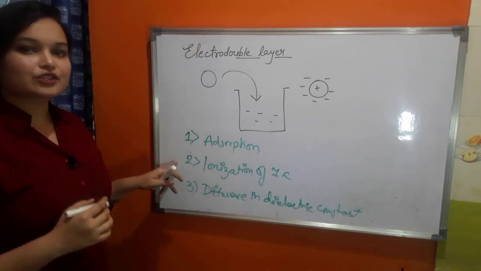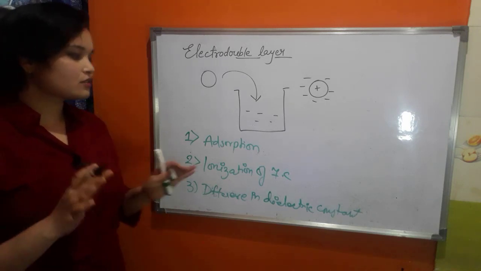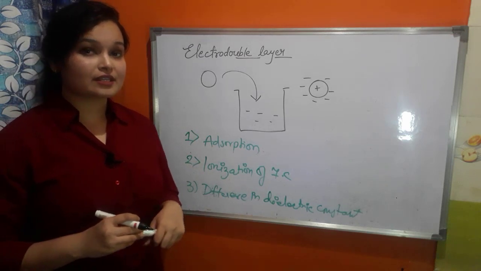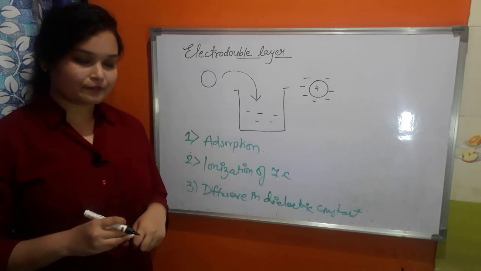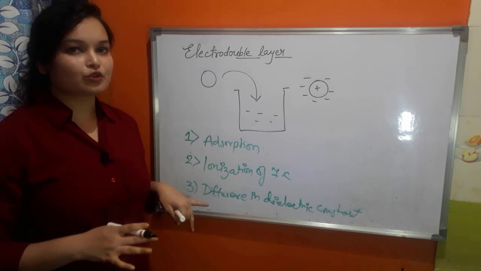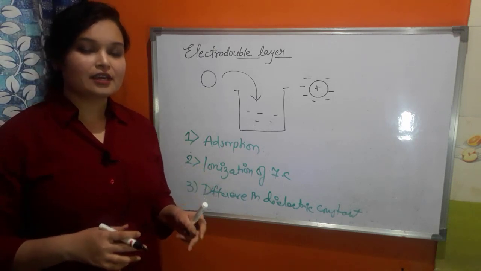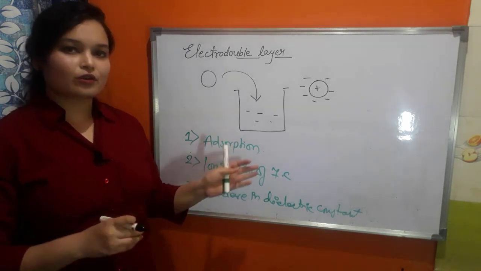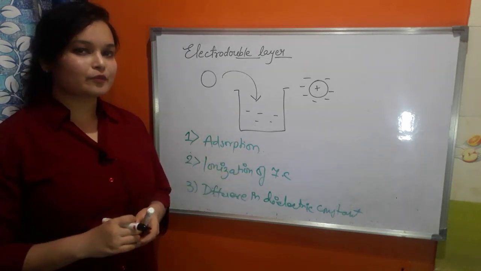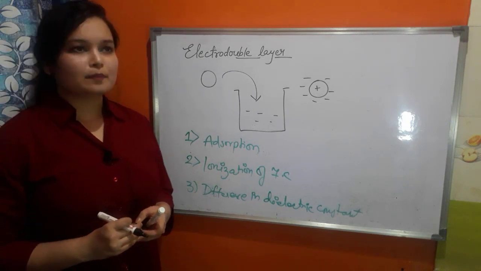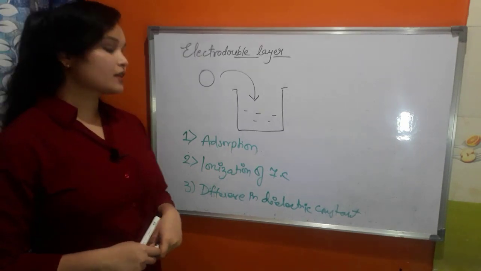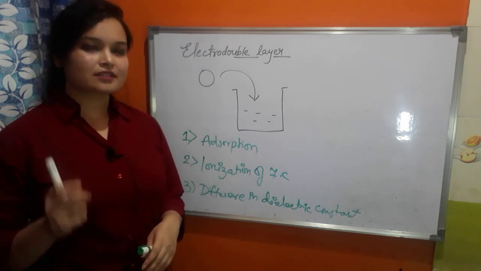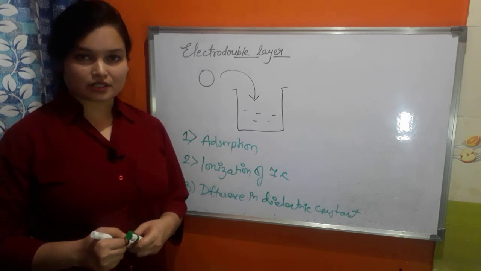Second one is ionization of functional group. As I've already stated, the prerequisite for zeta potential to happen is insolubility of particle. Here you see that whatever functional group this particle will be carrying, this functional group should also be insoluble in the water or in your solvent. By insolubility, I mean it can be partially ionizable. Coming to the first one, that is adsorption, it simply means sitting of the charge on the surface of the particle.